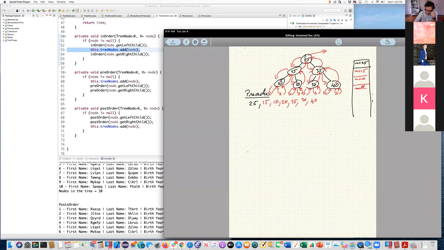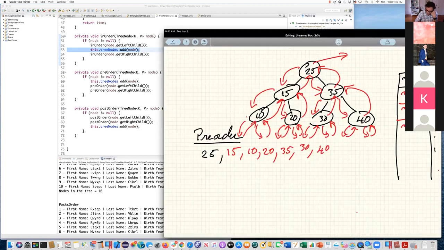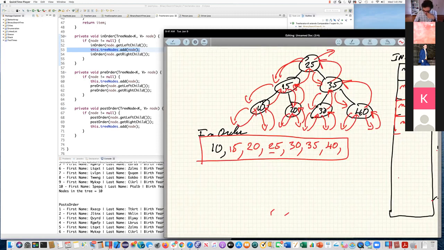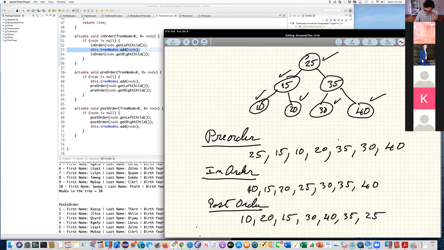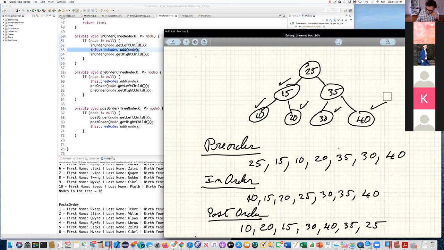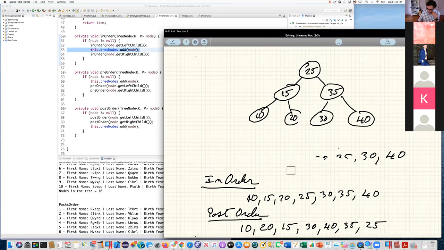Okay. So let's do this. In this case, we want to erase all of these. Actually, that's not the right thing to do. Delete this page. And let's do this now, just duplicate this page. I have too many red arrows there. So erase all of this stuff, and let's do the post order.